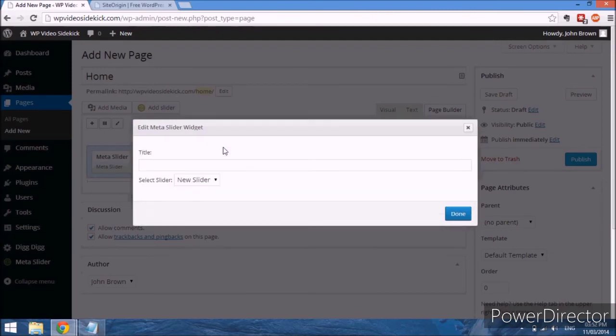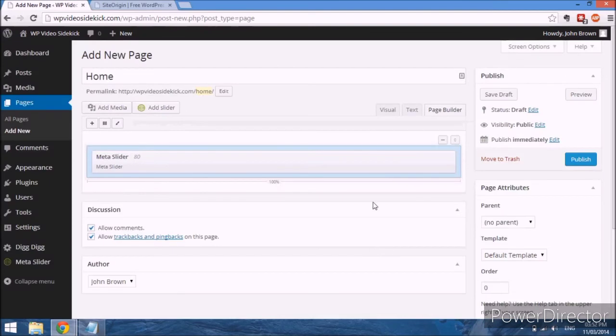Because what this widget does is basically when you go to the meta slider options, which is on the left hand side there, you create the slide, you name the slide, and when you come to this widget, you just select it by name. So my slider is called new slider, so I'll just drop that there,